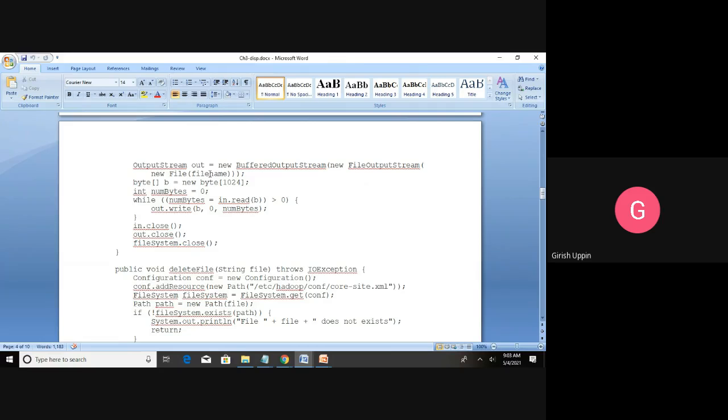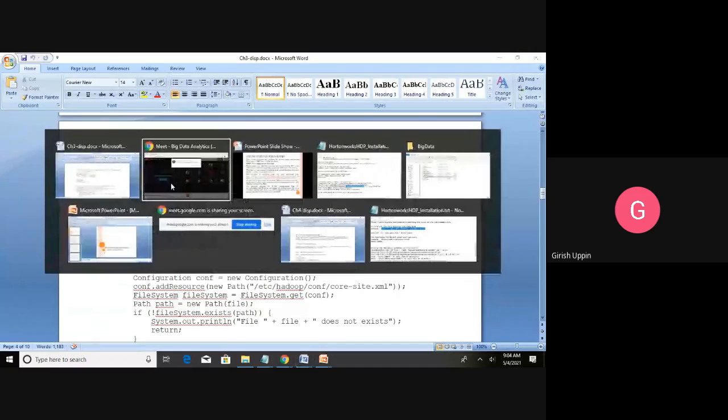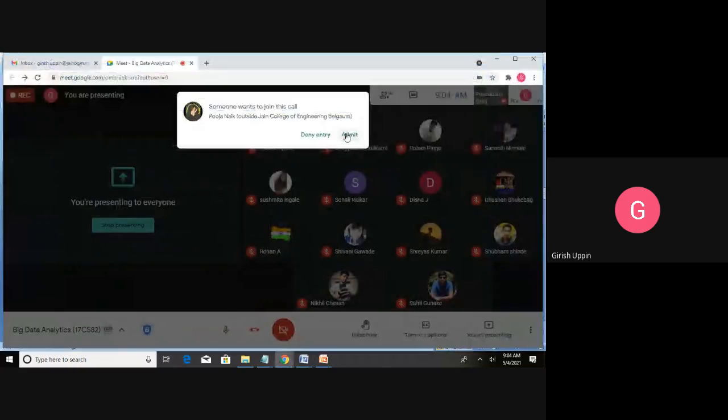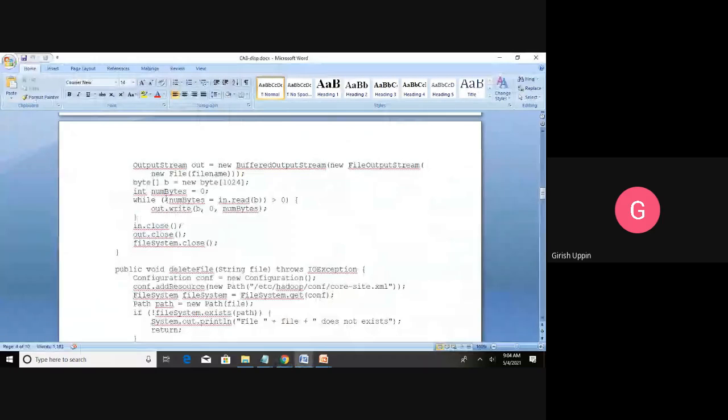We have a byte array here of size 1024, and one variable just to track whether the complete reading is done or not.